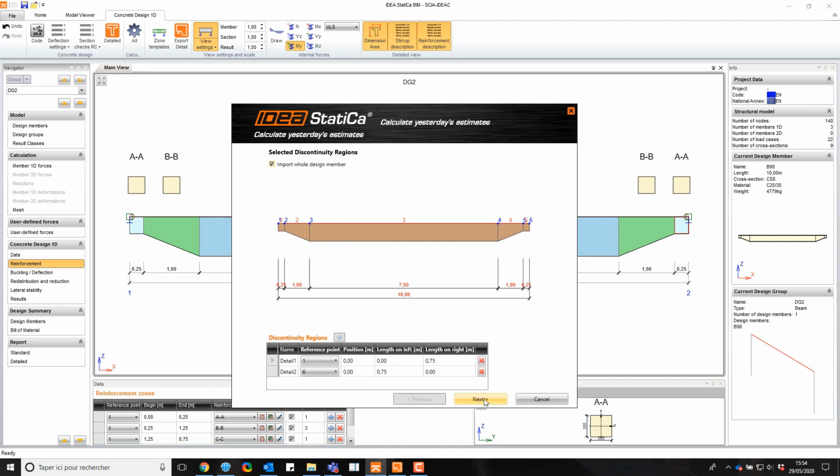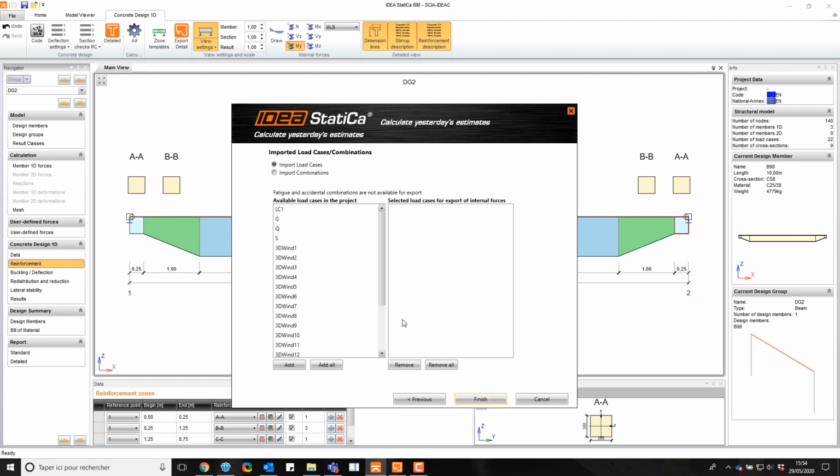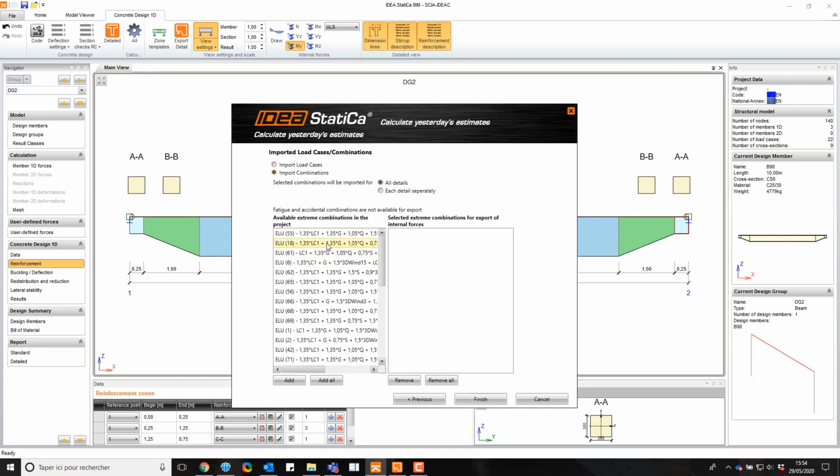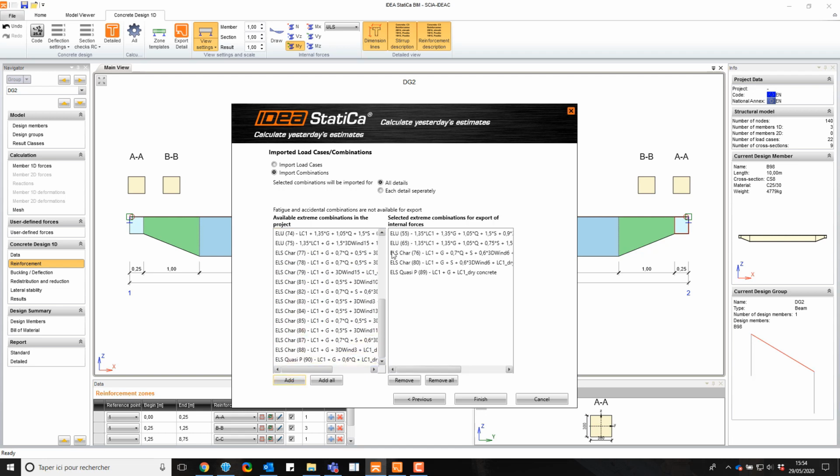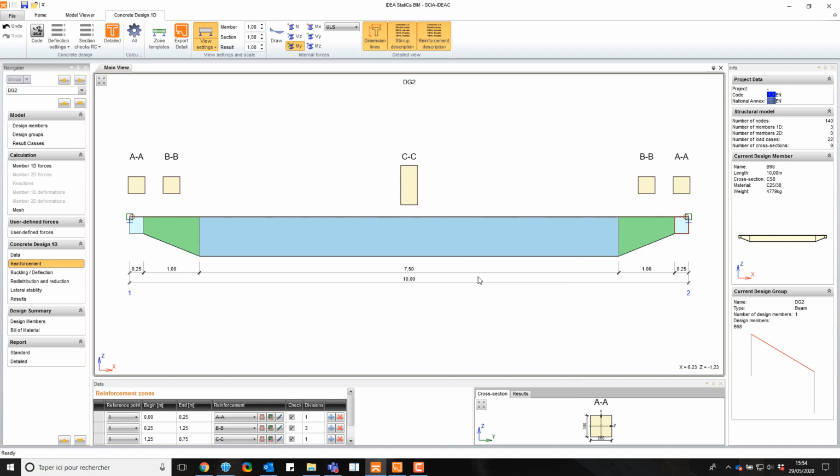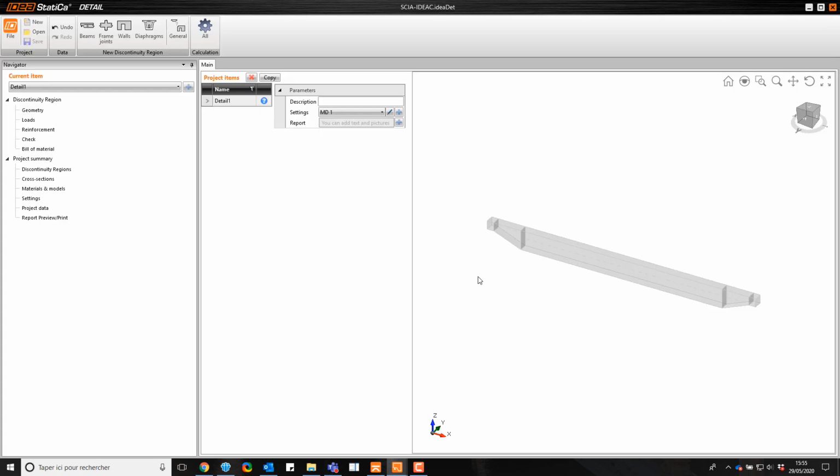If I export more parts of my project, I can then ask to export just one portion of this element. And then here it asks for combinations. I won't pick all the combinations. I'll just pick a couple of ULS and SLS. Here you go, for example. And I'll do finish. So now what I did was to export this beam to this detailing software, and now in